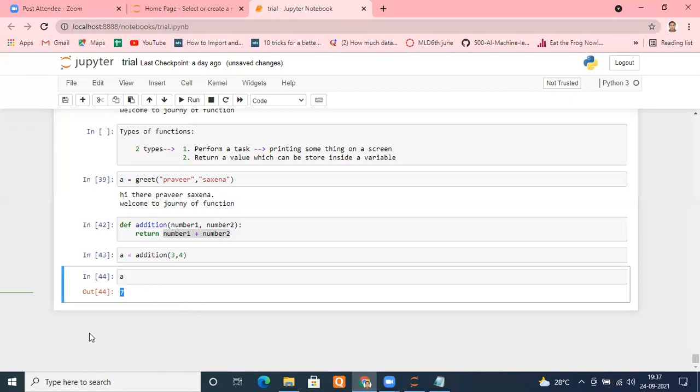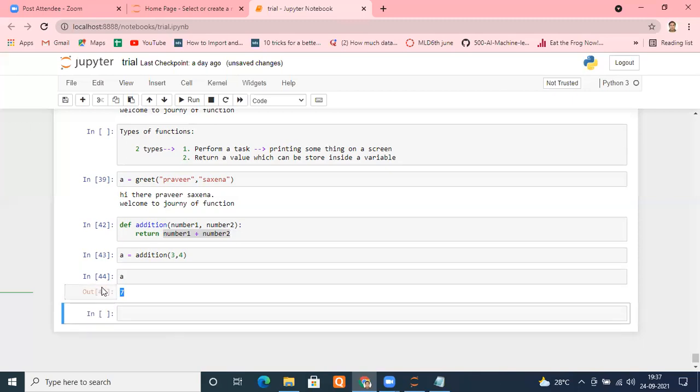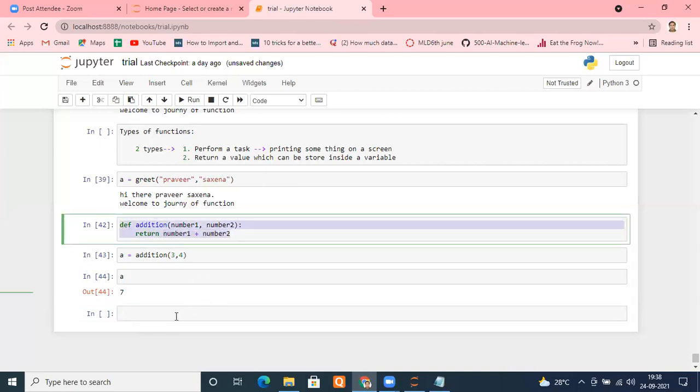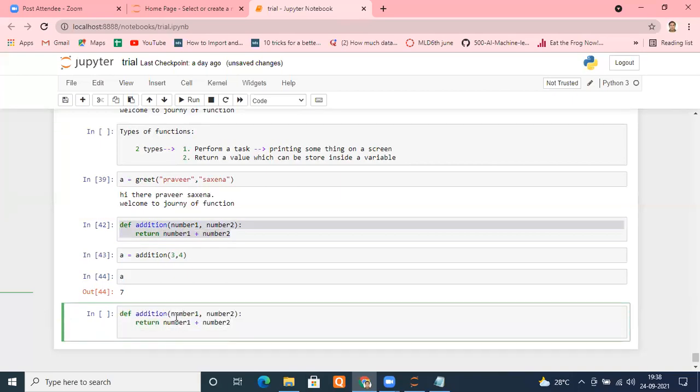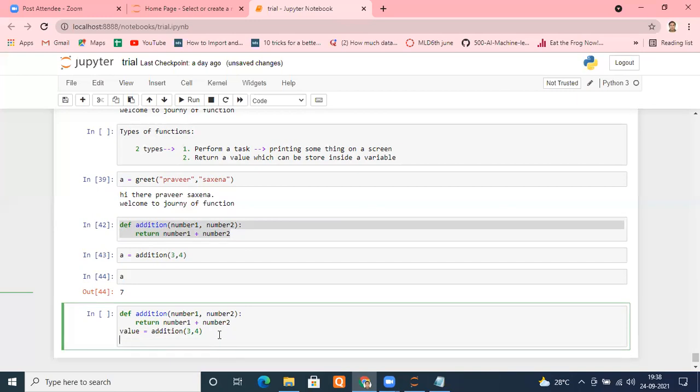Let me show you that. I want to store it inside a local text file. How can I do that? See, what I am going to do is use the same function again. I'm going to call that function: value equals calling this function addition, putting the values, let's say 3, 4. Okay. Now I'm going to store that value